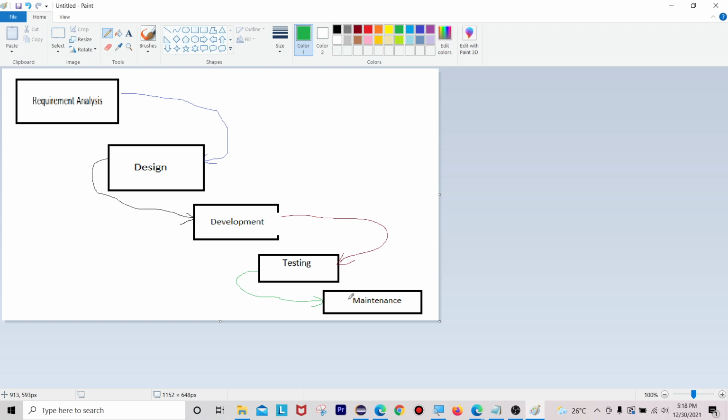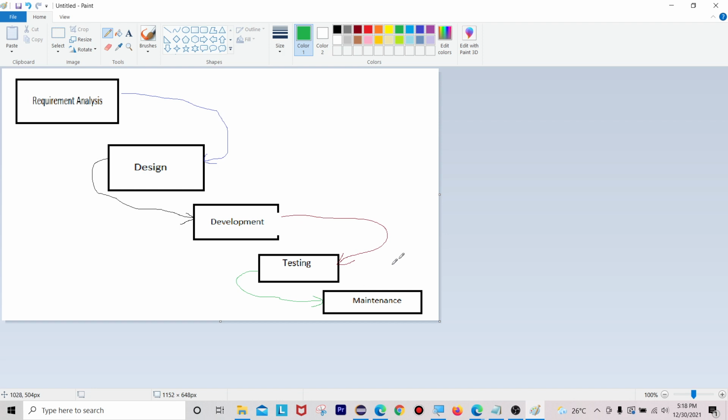Once the maintenance part is done, the company is going to hand over the product to the customer, the owner.